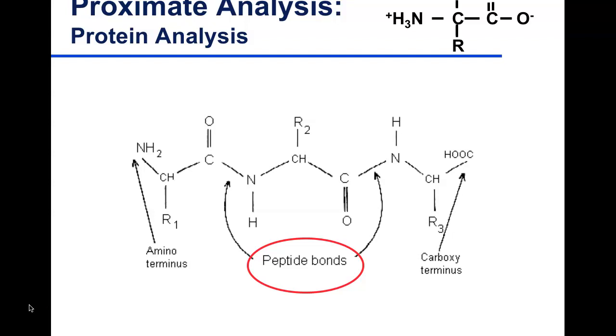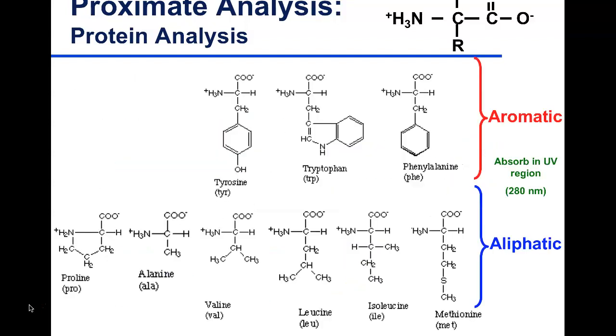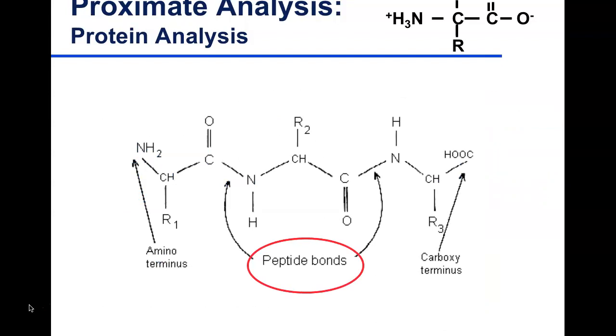But measuring at 280 nanometers for the aromatic amino acids tends to be better, because if you recall when Pam was talking about spectroscopy, when we're looking at just the absorbance of the aromatic amino acid rings, this is an electronic absorbance we're looking at, versus with the peptide bonds, we're getting rotational energy, which is why we prefer the 280 with amino acids versus the 220 with the peptide